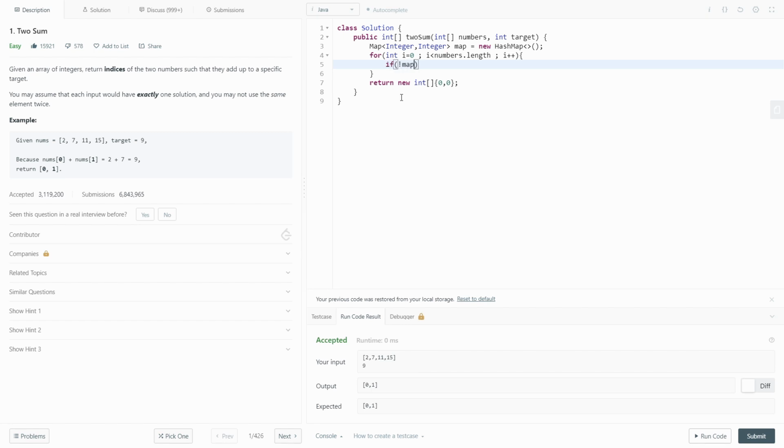If not map.containsKey(nums[i]), meaning if our map does not have a key with the value of nums[i], we will do map.put(target minus nums[i], i). In this particular case, 9 minus nums[i], comma i, meaning the index. We are storing the index, and we are storing target minus that particular number.